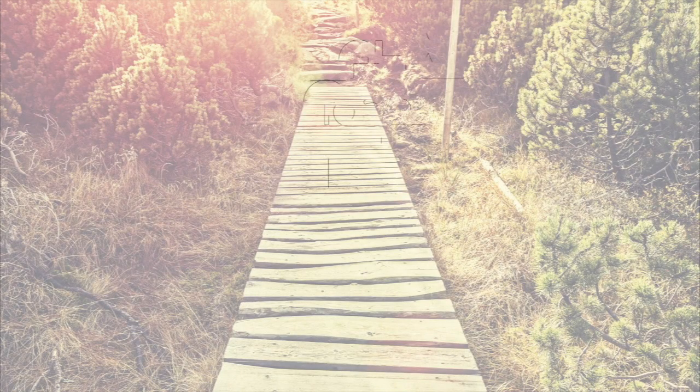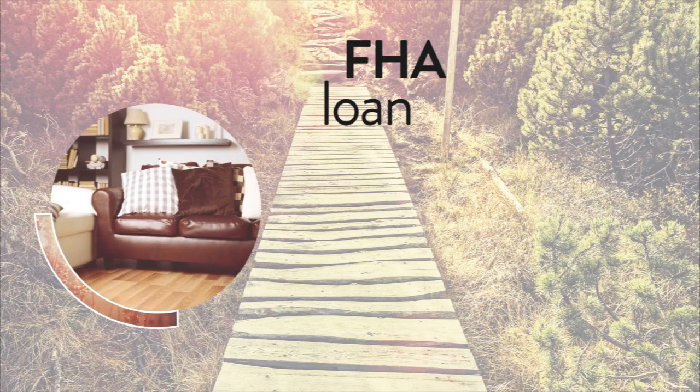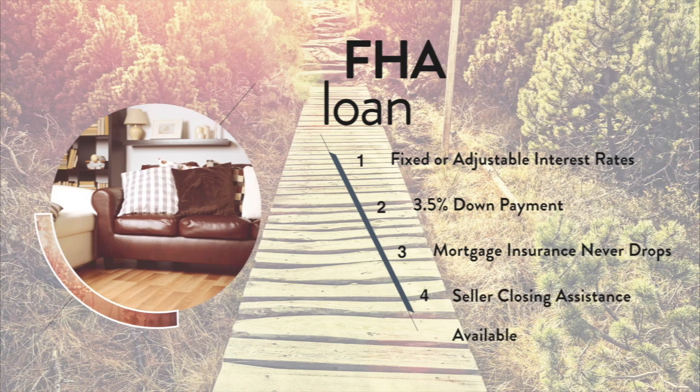The FHA loan has continued to rise in popularity amongst homebuyers in the last few decades. As mentioned earlier, these loans are insured by the federal government, which allows lenders to offer low, secure interest rates to eligible borrowers. If you have issues with credit or no credit, the FHA loan may be your best choice. FHA loans require a 3.5% down payment compared to the 5% requirement with conventional loans, which will save you thousands of dollars up front. Unlike the conventional loan, FHA loans carry mortgage insurance for the life of the loan. It never drops off. Additionally, FHA loans allow a higher amount of closing cost assistance from the seller than conventional